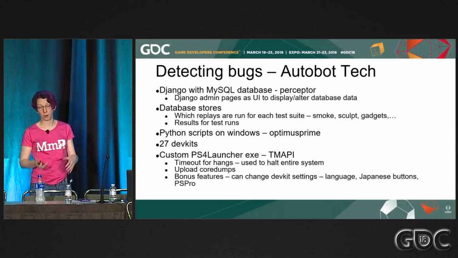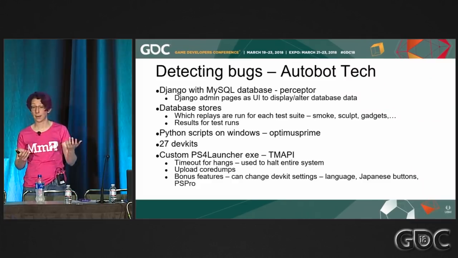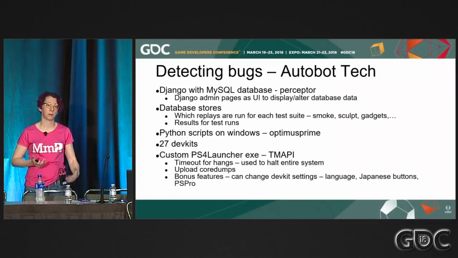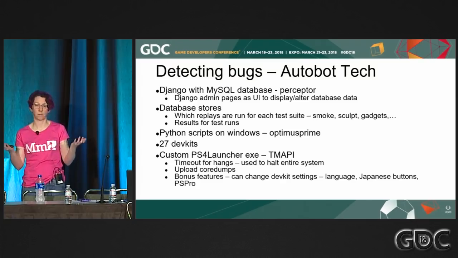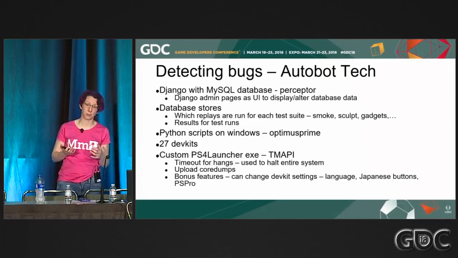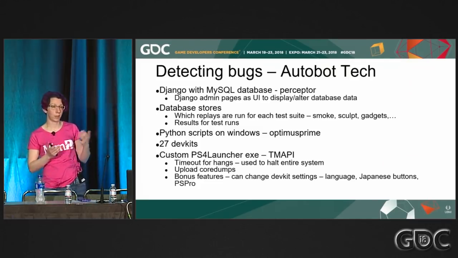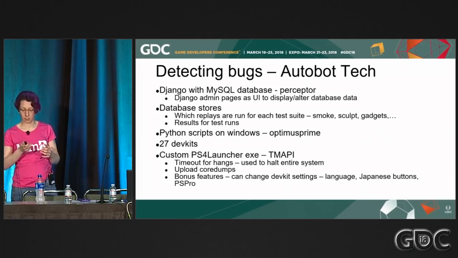And this also meant that we could upload our core dumps to Recap, which gives us a lot more information about crashes and hangs, because when the PS4 launcher detected a hang, it would send a signal to the dev kit saying core dump, and then once you had the core dump, you could see where it had hung. So you had a call stack for where your while one loop was that someone had put in your main thread. And we got some bonus features as well, in that you can change the language, you can change a pro dev kit to behave like a pro or behave like a normal PS4. So that's kind of nice too.